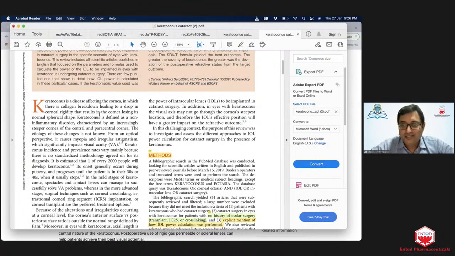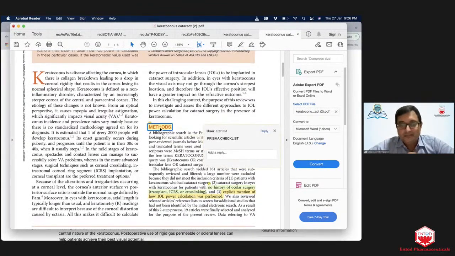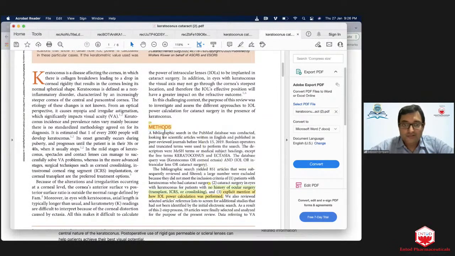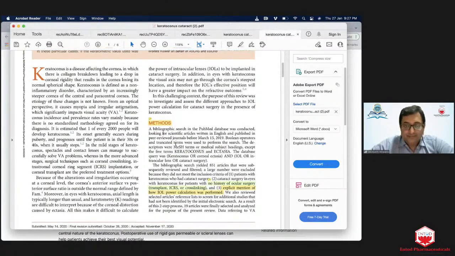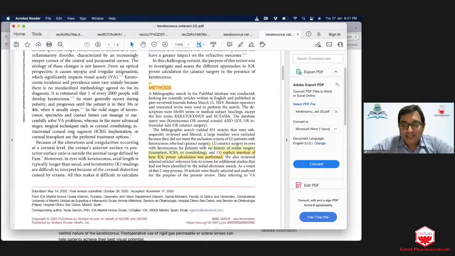But overall, what we can discuss is, when you're looking at a study which is a systematic review, the thing that you should use to see whether it is done well is called the PRISMA checklist. It's a 27-point checklist, and this study adheres to some of that and not to a lot of that. So I would say that it's not really up there in terms of the quality.